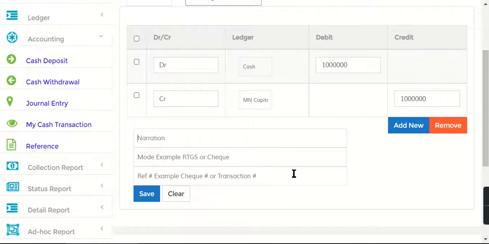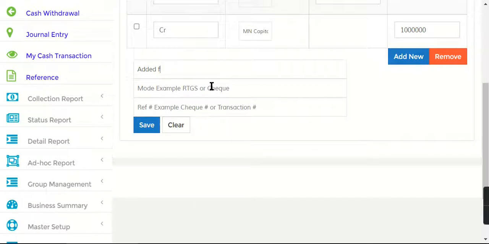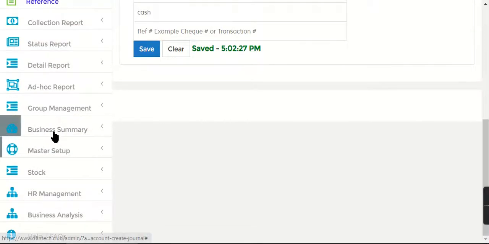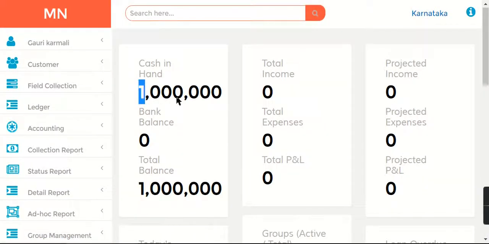Now narration here is added for business investment, by cash. Save it here. When you save it here, you will see on the dashboard, you will have this amount, 10 lakhs.